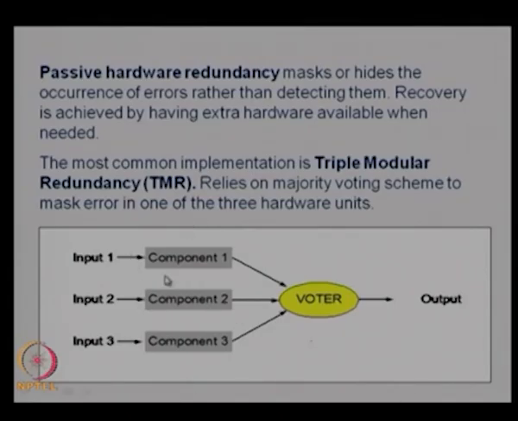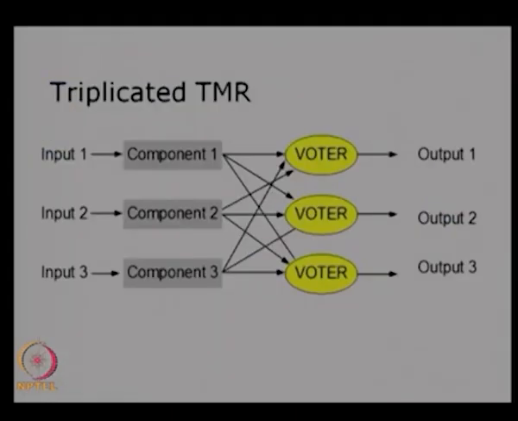So, if you want to mask more errors, we have to have more number of components. So, we can actually go for triple or 5 or 7 or n modular redundancy. So, instead of TMR, we can go for NMR to hide more number of errors. So, that is the way how the passive hardware redundancy is implemented in the system to hide the errors and recover from the errors. So, this is the passive hardware redundancy, and this voter is one of the important elements